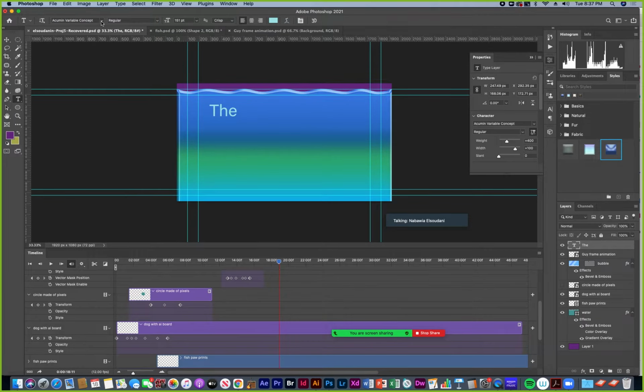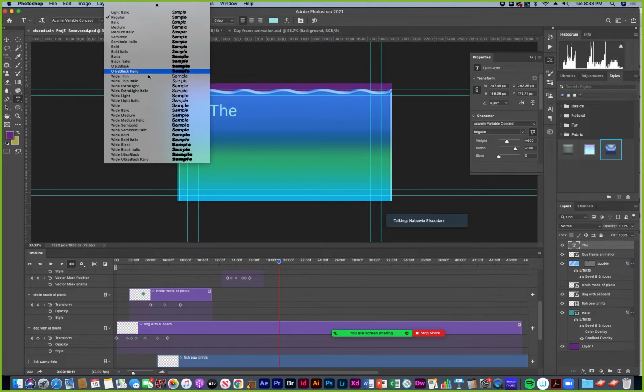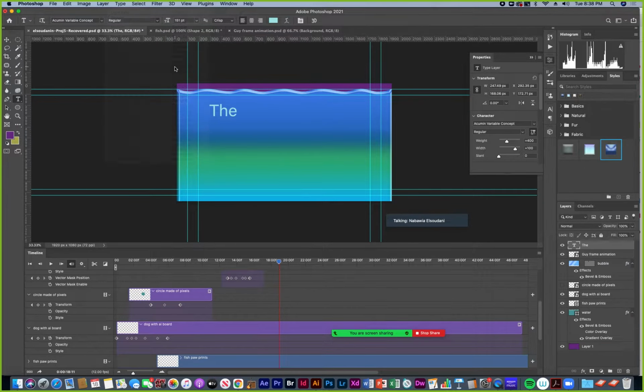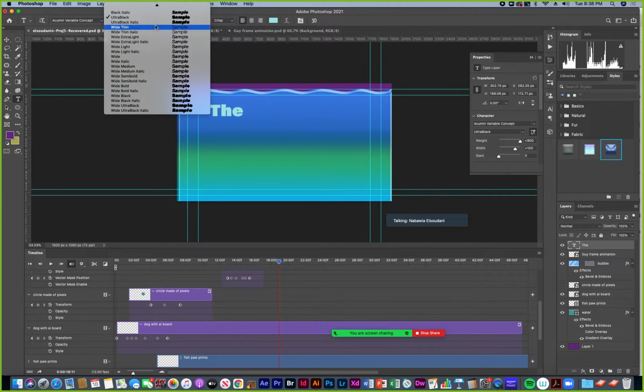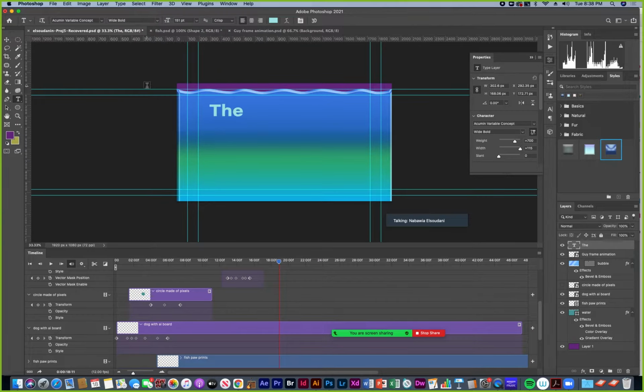This will probably be good. I like fonts that have a lot of different styles. So this one has a lot of different styles to choose from. Wide, bold. Let's see. So I'll go with that.